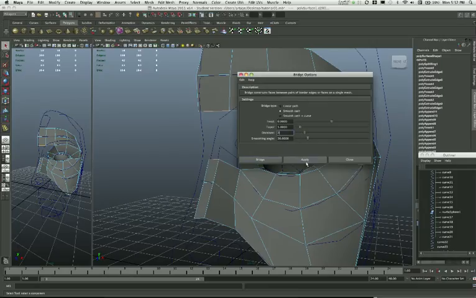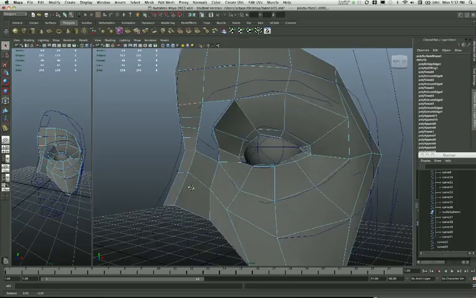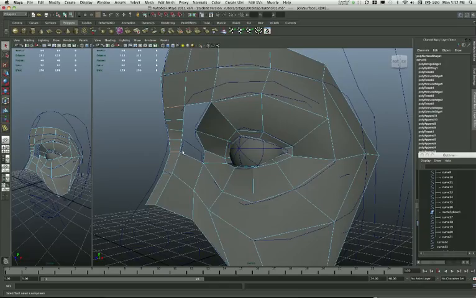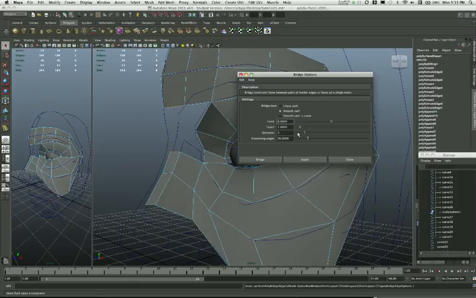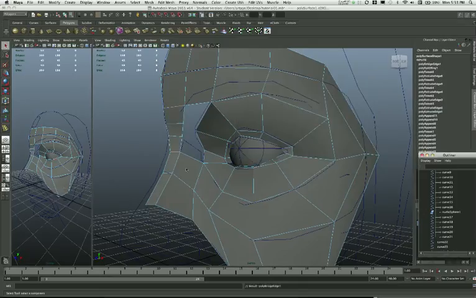3 divisions, hit apply. Not sure whether that's so great because we'll have to edit them anyway, but anyway, let's just put it back to its default here, close down, my default. And I've got 1, 2, 3, well actually I should have put in 2 divisions. I'm going to undo that, go back, bridge, smooth path, 2 divisions, bridge, that's better,